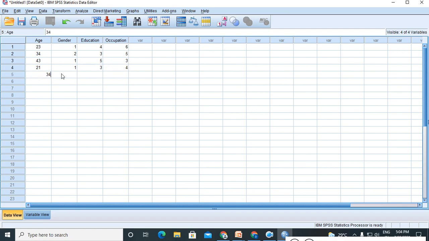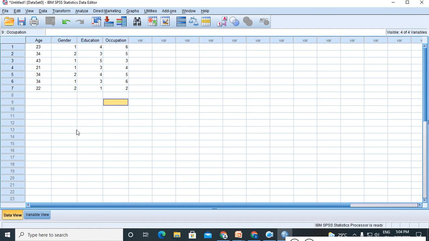Like this you have to enter the data based on the information available with you, and you can see that this is the type of data entry. This is the age you are giving. One by one you have to enter because each and every data is different, and you should not give age alone first. 22, gender male or female. Here you should have only 1 and 2. Here 1, 2, 3, 4, 5 you are having. Here 1, 2, 3, 4, 5, 6 you are having.